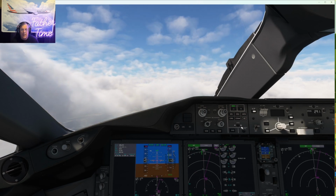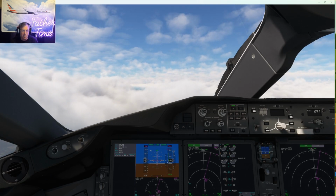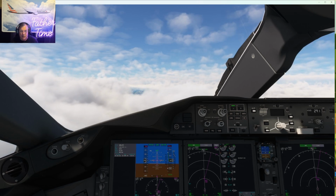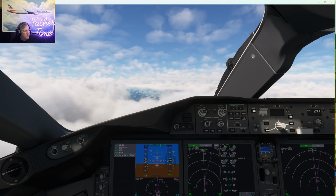Alright, so I guess that's it. We're going to climb up. We'll do the transition, get us going, and then I'll put the video on pause. We'll pick it back up as we transit sectors. As I mentioned, I have a fuel log ready to go. Just going to put the times on there. I have all the